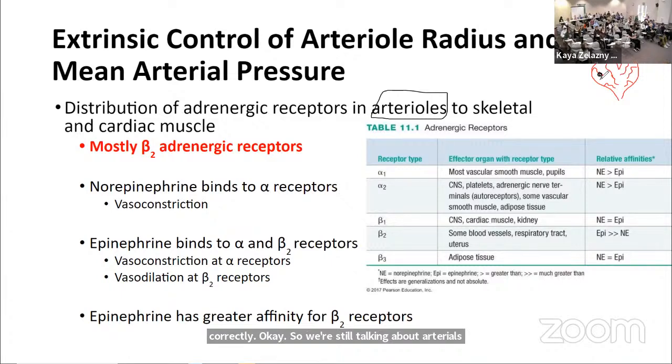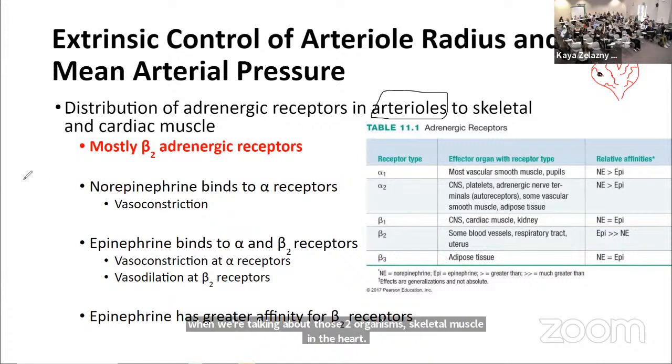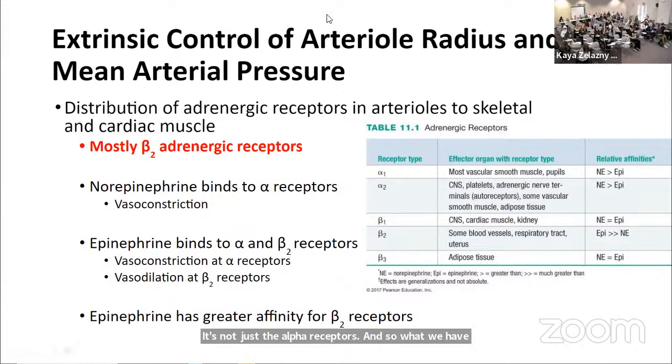Specifically, now we're talking about the blood flow that's going to your skeletal muscle, and the muscle of your heart, as opposed to the inside of your heart to make the heart beat. So when we're talking about those two organ systems, skeletal muscle and the heart, it's not just the alpha receptors. Okay? So what we have here instead is a high concentration of these beta-2 receptors,